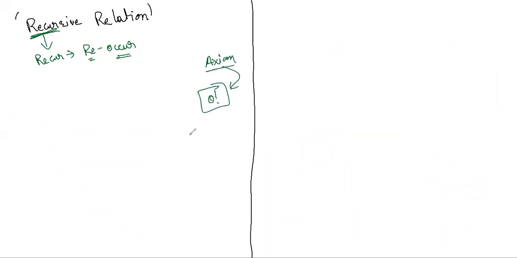So we stop here. When we come to 1 factorial, you know that 1 factorial is 1 into 0 factorial, which means 1 factorial is nothing but 1. So that means 2 factorial is equal to 2 into 1 factorial. 1 factorial is 1, so 2 factorial will be 2. So again, you come back. You start from that point and you come back and you can find the value of any factorial. So actually you don't do this, but this is how the computer works. Anyway, that is a different topic.